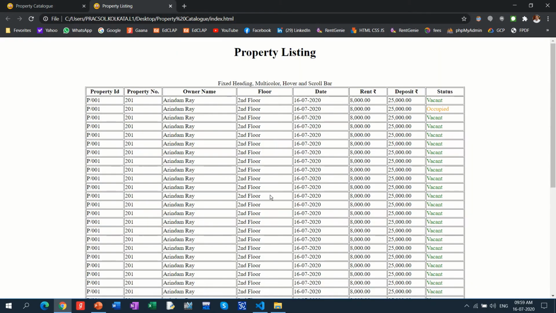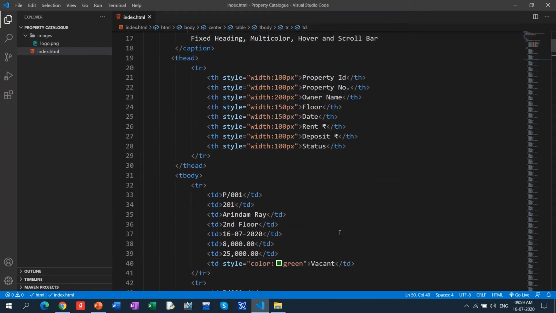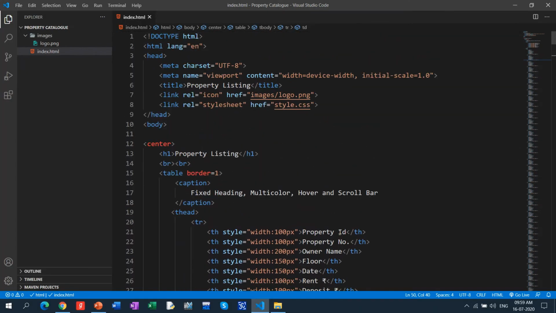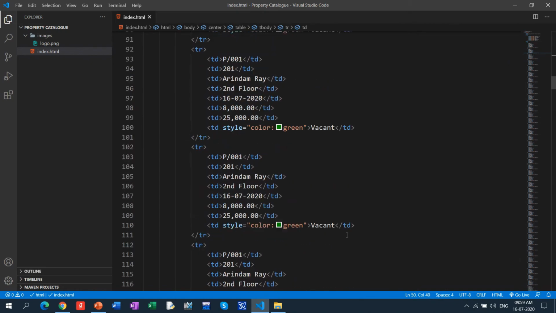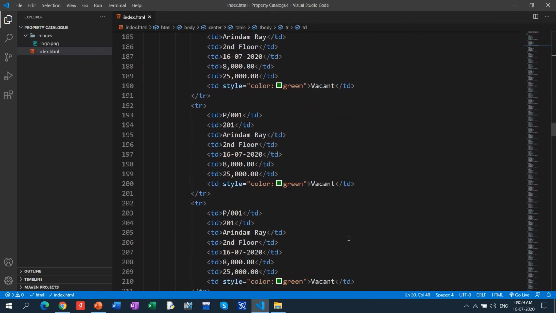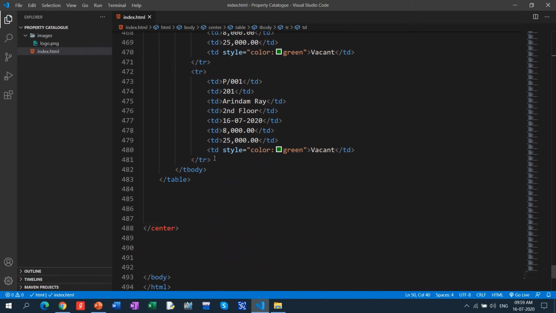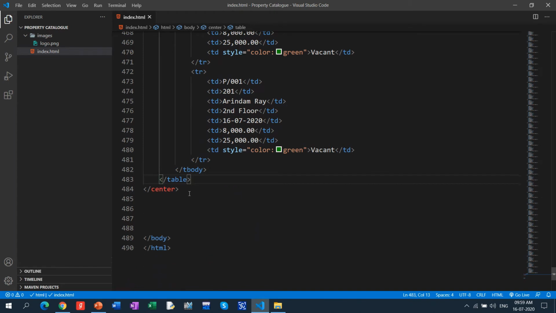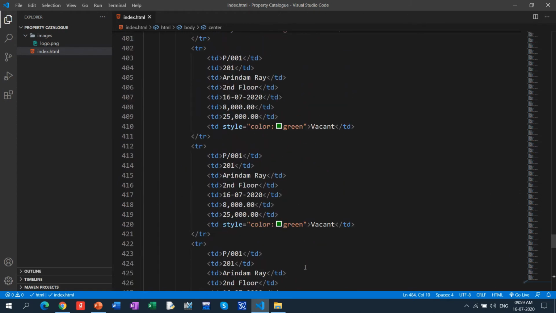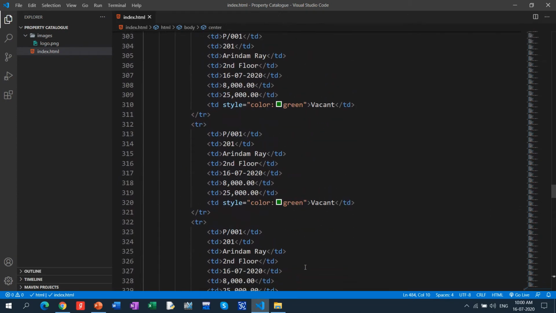So for that, we now have to come down here again. This is the complete part of our table. At the end, TR is completed, TD and table body are completed, then the table with the center alignment is completed, then the body and HTML. See, this is the complete HTML section we have done. Now we are coming down to the CSS part.